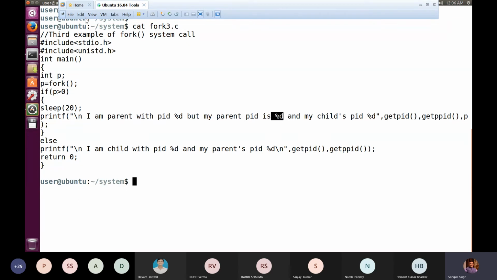बाय द वे, ये जो मेरा ओरिजिनल प्रोग्राम था 43.c, यही मेन पेरेंट सी प्रोग्राम था, लेकिन इसका पेरेंट कौन था? इसका पेरेंट बैश था, क्योंकि शेल पे हमने इस प्रोग्राम को चलाया है. ठीक है? डॉलर प्रॉम्प्ट पे हमने लिखा fork 3 and we pressed enter, तो दिस प्रोग्राम इज एग्जीक्यूटेड. सो हु इज पेरेंट ऑफ दिस सी पेरेंट? इसका पेरेंट कौन है? बैश.